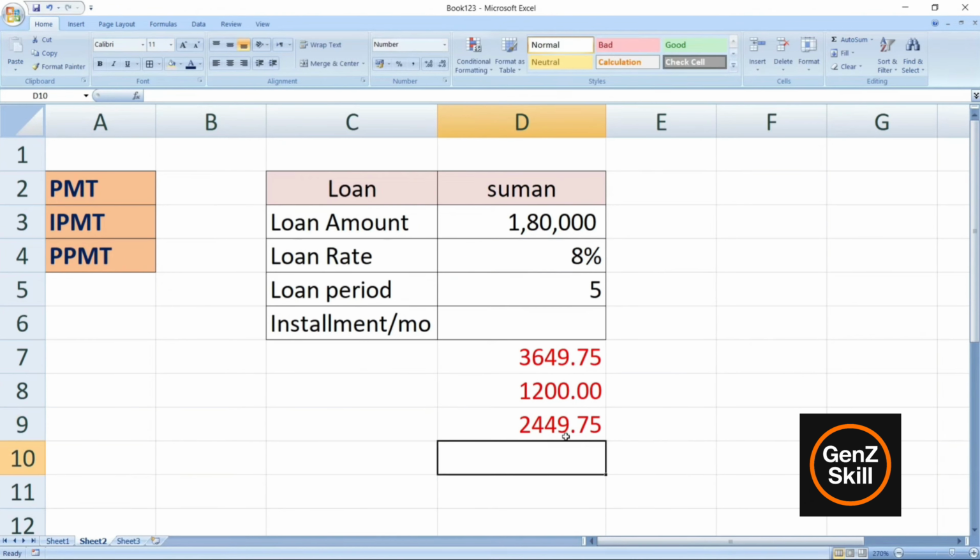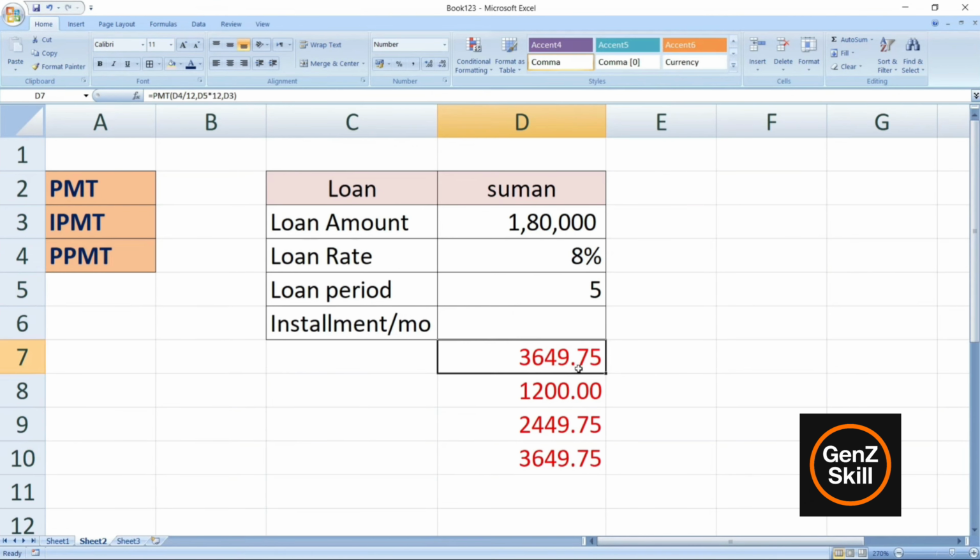Here the one thing is that the last two amounts, interest and principal, will sum to the first amount. So we can simply sum, select both the cells and hit enter. We can see our PMT answer is equal to IPMT plus PPMT. So interest and principal is equal to EMI. So that we can find all these formulas. It is the most important in any government exam and any